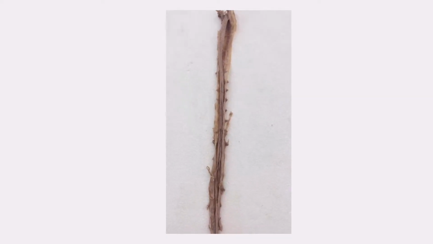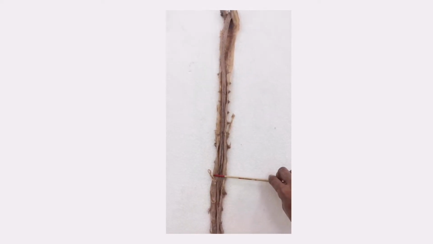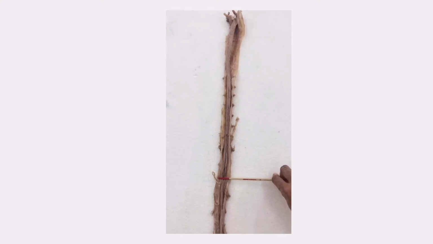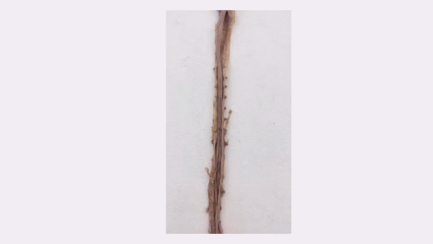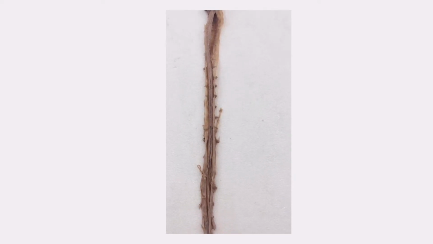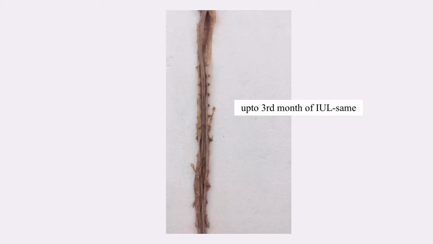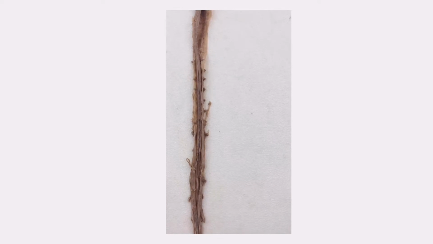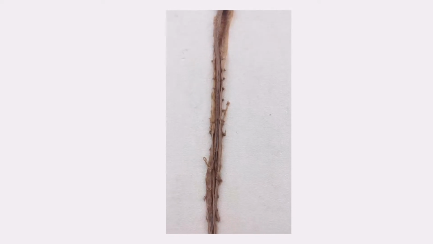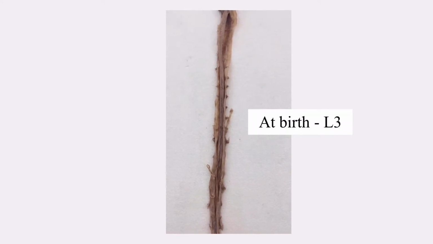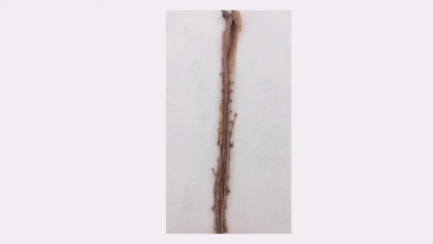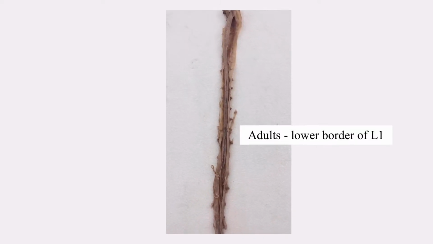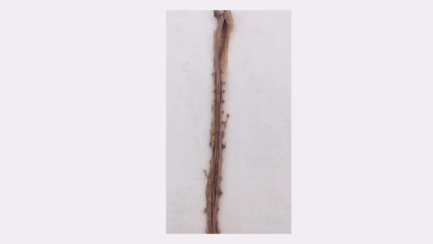Spinal cord extends from the upper border of the posterior arch of first cervical vertebra to the lower border of L1, that is the first lumbar vertebra in case of adults. Up to the third month of intrauterine life, the spinal cord extends throughout the entire length of the vertebral canal. But later on, the growth of the vertebral column becomes much faster than the spinal cord, and the terminal end of the spinal cord gradually shifts to a higher level. So, at the time of birth, the spinal cord ends at the level of third lumbar vertebra, whereas in adults, it terminates at the lower border of L1, or we can say the intervertebral disc between L1 and L2.